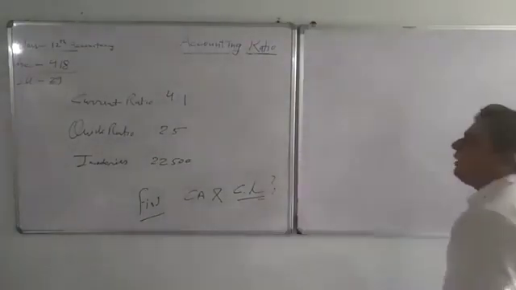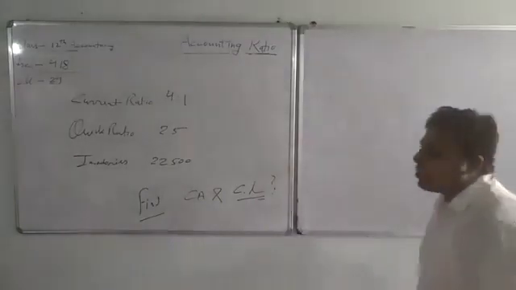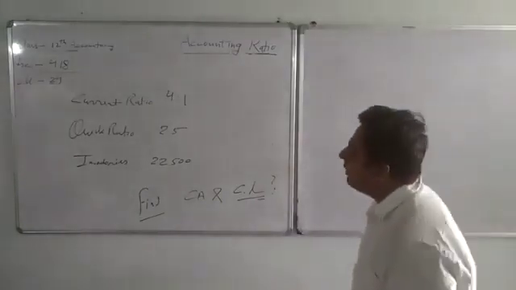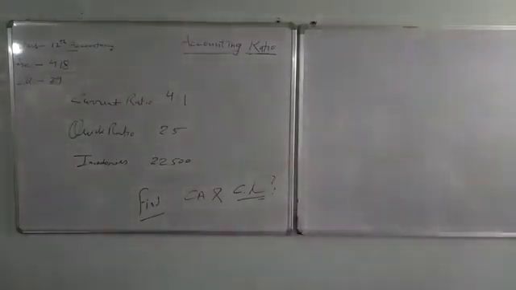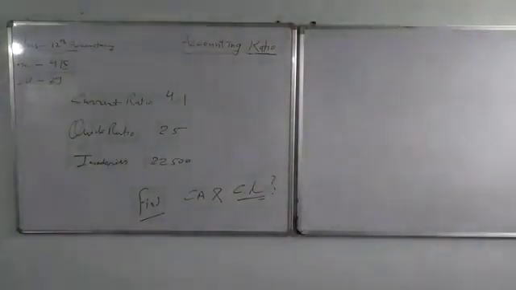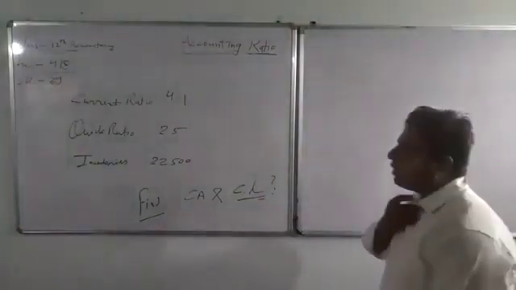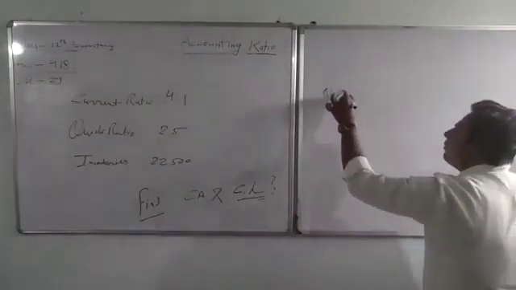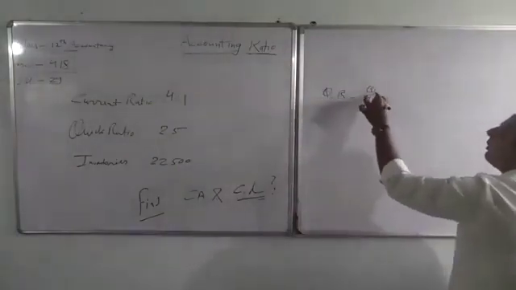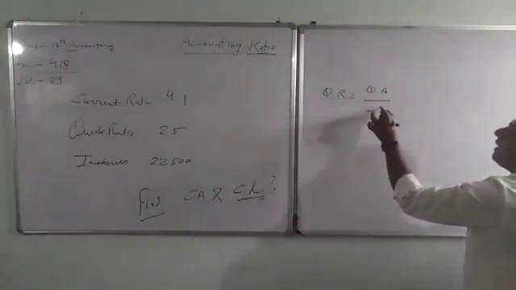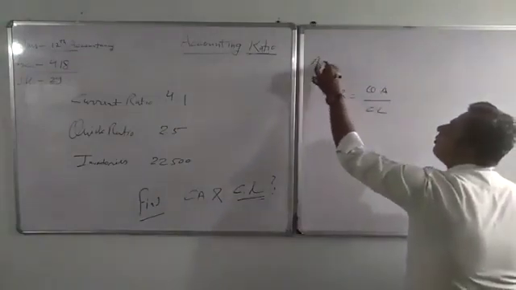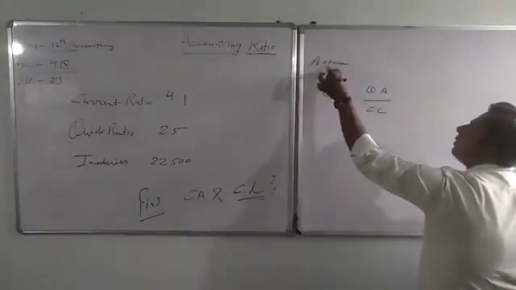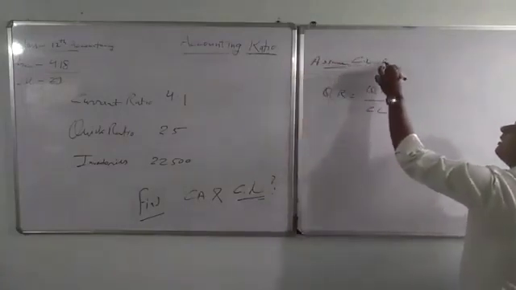So how do we solve it? After seeing the question, can you have some clue over this? So I must have to find the reason. How to solve this? First of all, we have the quick ratio. Quick ratio is equal to quick asset divided by current liability. Assume current liability X.